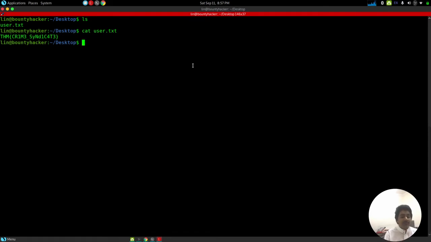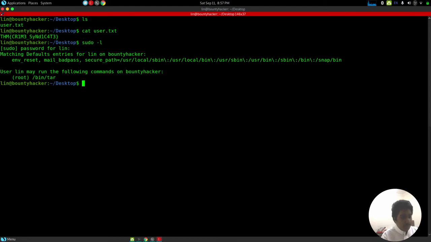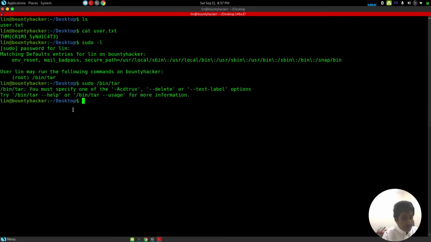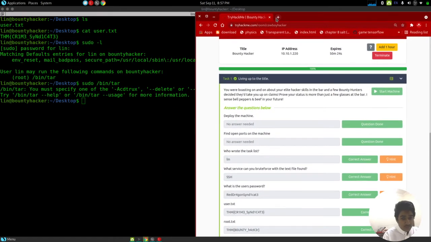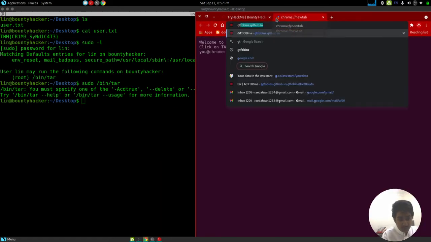Now this is the phase where tar comes into action. Let's see what the normal user can run with sudo. Specify the password. Okay, so the normal user can run /bin/tar, that's the tar function, by using sudo. Okay, he can run it, and I know the perfect website where there's a payload for this,